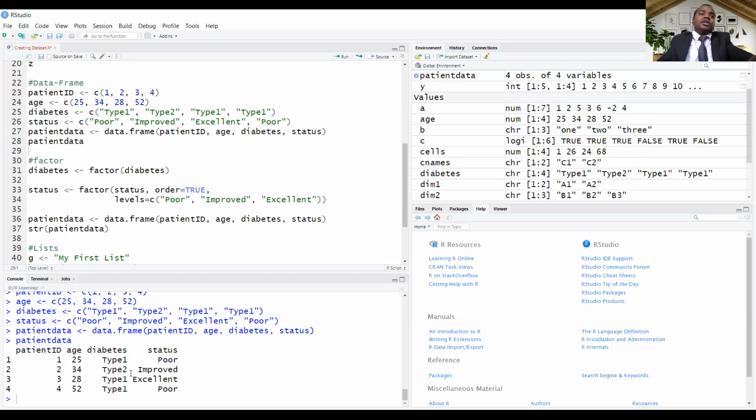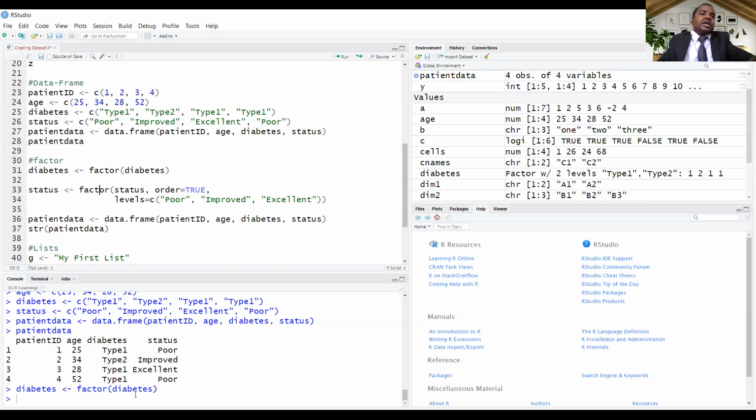How to convert them into factors? We can simply write diabetes is being assigned again factor, with the function factor we can write. Diabetes is a nominal variable, so we don't need to provide the order. Type 1, type 2 does not matter much.